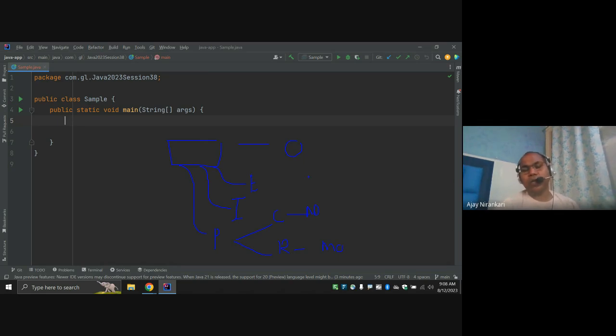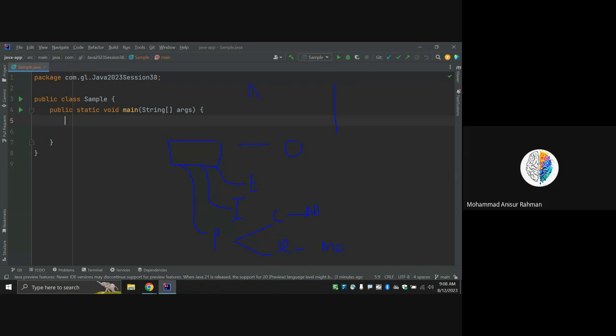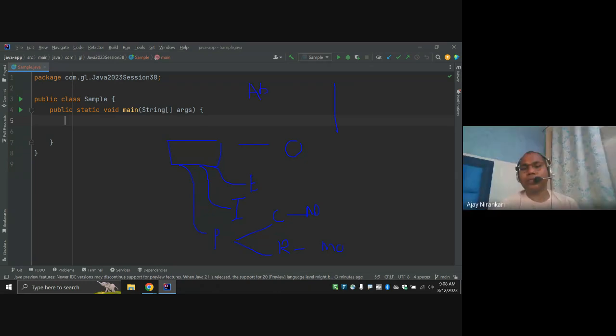Now today, two more things are still left with respect to the basics of Java. Two terminologies that many times we have heard: one concept is abstraction, abstract class, and one concept is the interface. So these two terminologies we are going to discuss, what they mean and how Java implements this abstract concept